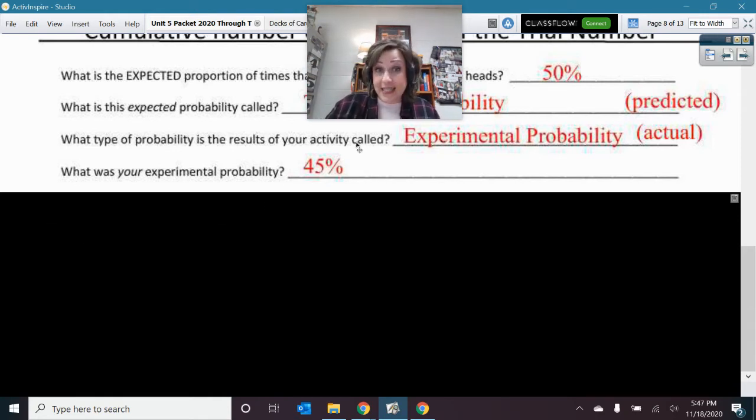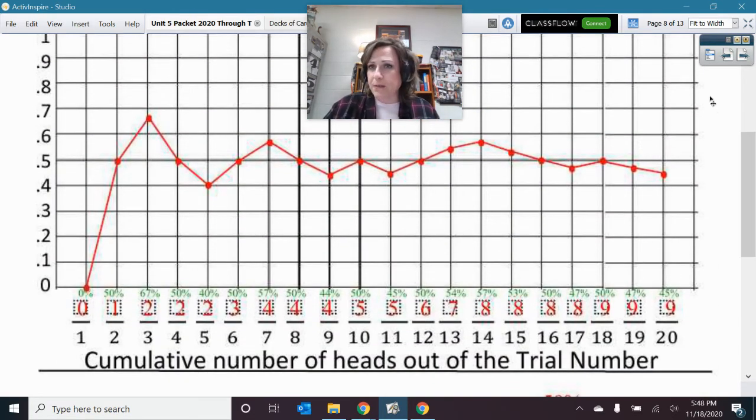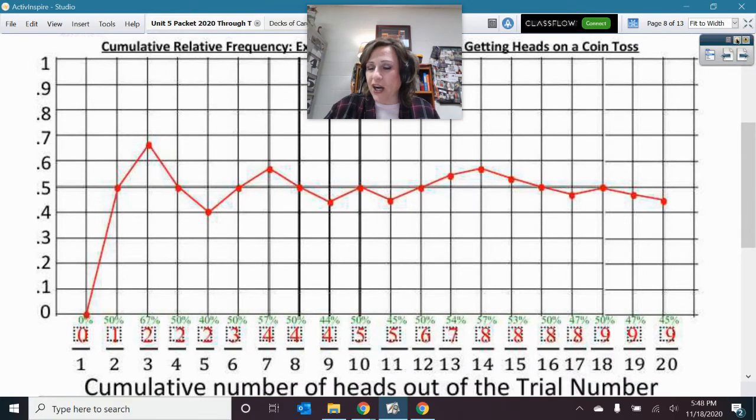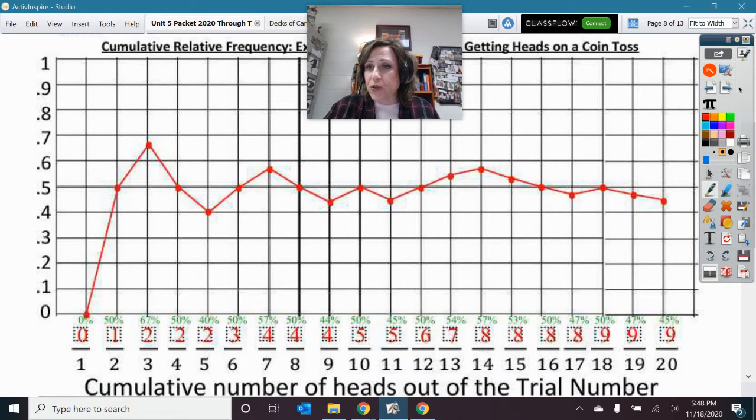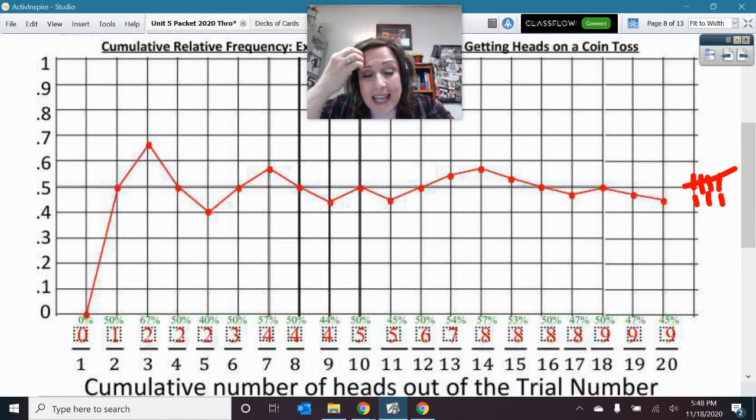All right, so I ended up with 45% out of 20 flips. Now, I'm going to keep track of some information tomorrow. When I do my notes there, I'm going to keep track of how many of my students end up in each one of these sections. So I'm going to see how many of them ended up at 45%, how many ended up at 50%. So we're going to see at the end of the day, and maybe I'll reveal that to you in tomorrow's video, what percent of people